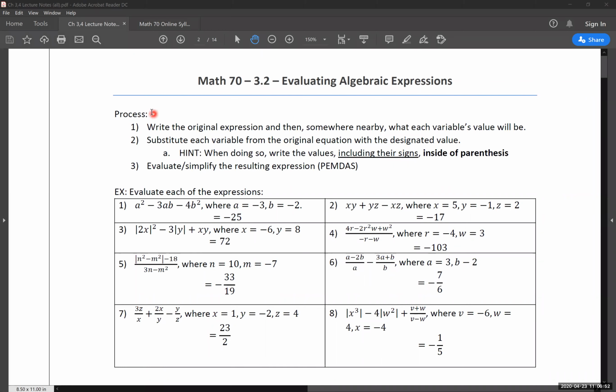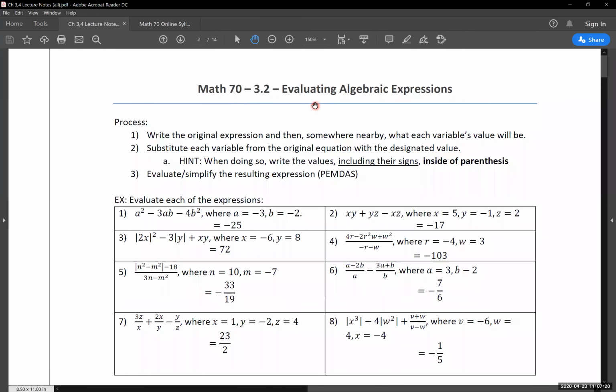All right, so today we are going to be covering section 3.2, which is working with evaluating algebraic expressions. Now, it should be seen by the title of this section that we already have a buzzword in it, which is going to be an indicator of what we're going to be doing for a good chunk of this particular section. Evaluating. It should be the buzzword to you of I'm going to be using PEMDAS and simplifying things down. Evaluating, simplifying, kind of going back and forth there.